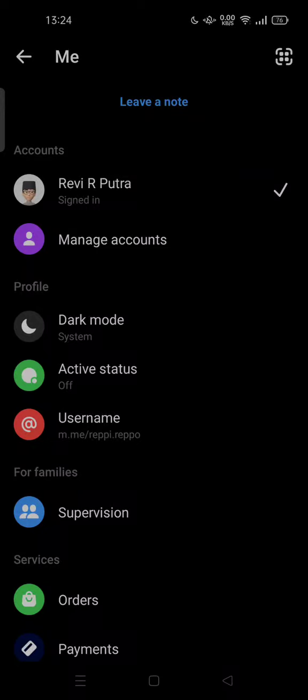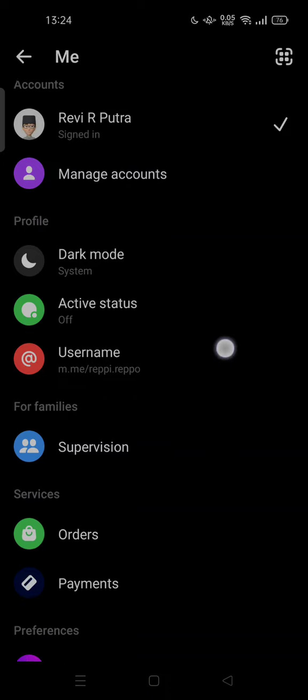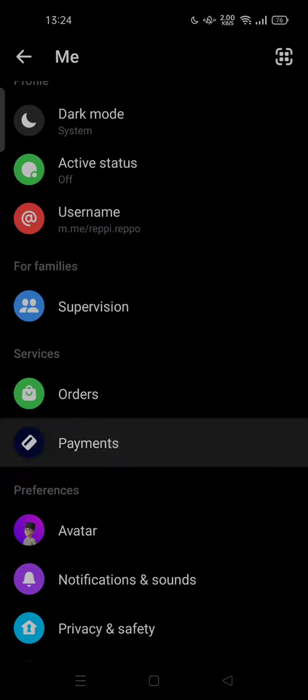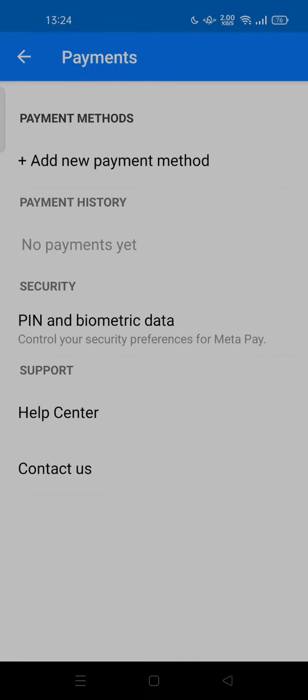Today I'm going to show you how you can add payments on Messenger. So all you have to do now is open the settings from your Messenger app. You can scroll down and see this is the service. You can tap payments. So if you order something on Facebook, you can use these payments and tap on add